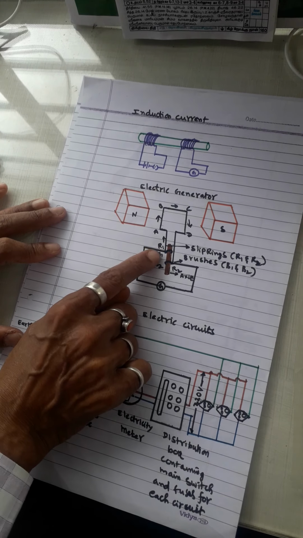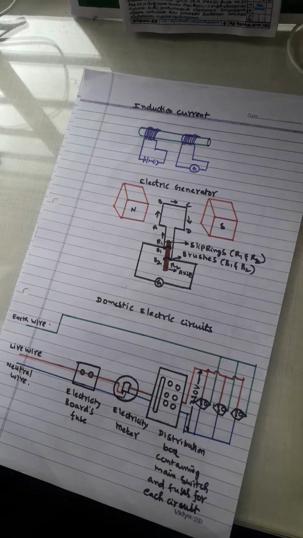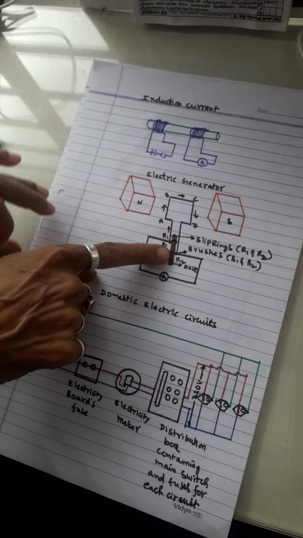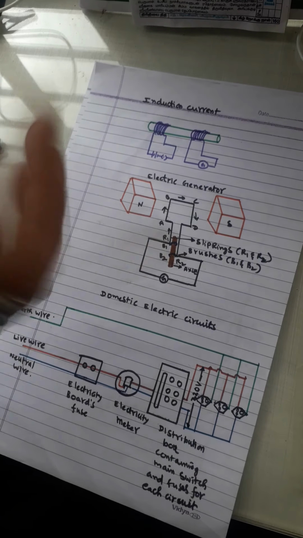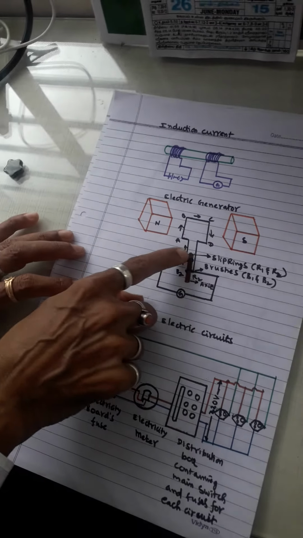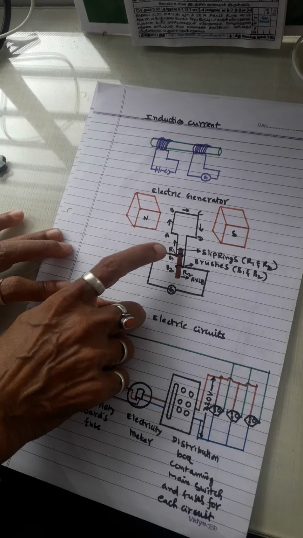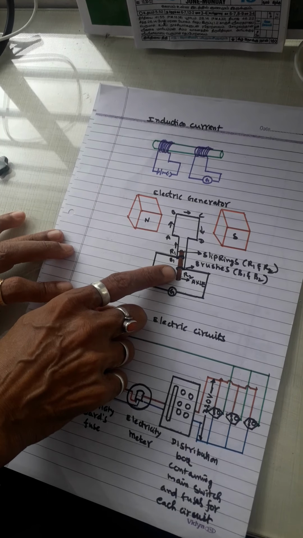Here we are using not only slip ring. Slip ring is a full ring only, but we are using two rings, one here, another one here. Previously I explained about split ring. This is a fully joined form only. So here slip rings R1 and R2 are there. So here carbon brush B1 as well as B2 are also there.